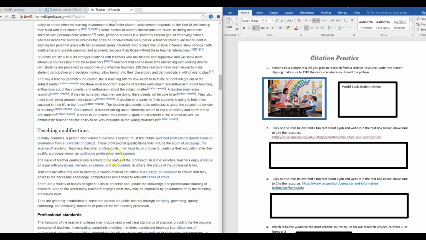Teacher qualifications is linked to the status of the profession. In some societies, teachers enjoy a status on par with physicians, that'd be doctors, lawyers, engineers, and accountants. In others, the status of the profession is lower. So I can say in my box, in some countries, because again, do I want to type word for word what they had? No, I want to put it into my own thoughts. In some countries,